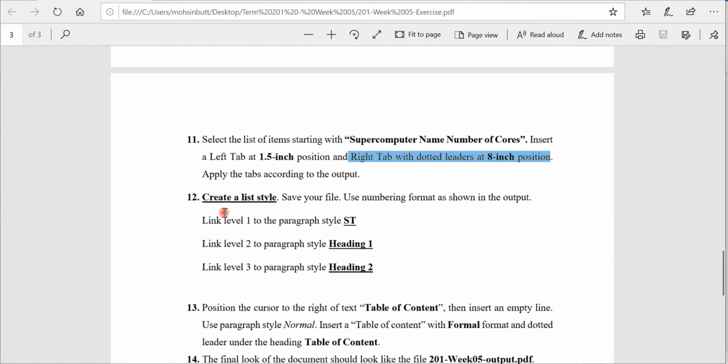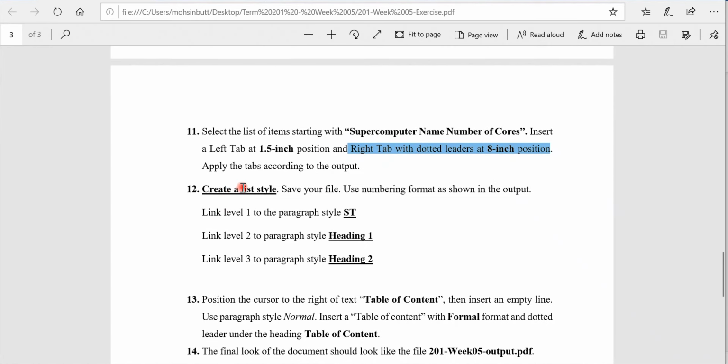And then the last two options, they are related to list style. List style or numbering style, I told you it has 3 main steps. You need to decide the number of levels. You need to connect each level with a paragraph style. I told you these 2 steps will be given. So you have 3 levels. First level is connected to ST style, second level to heading 1, third level to heading 2. So what you will do is,